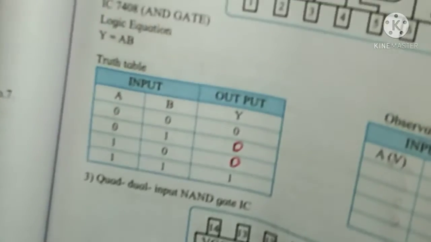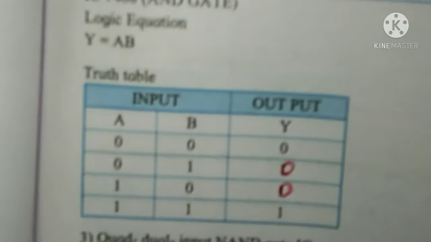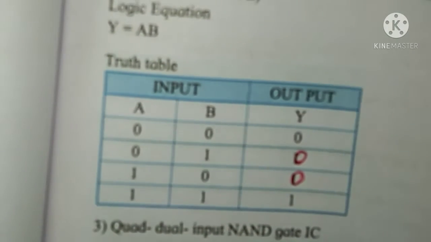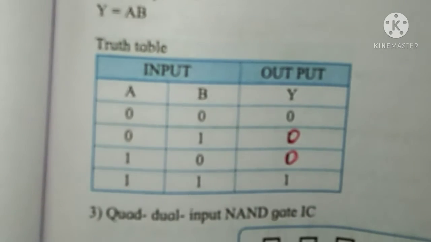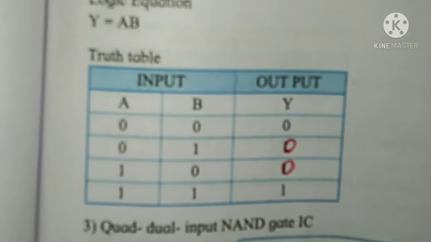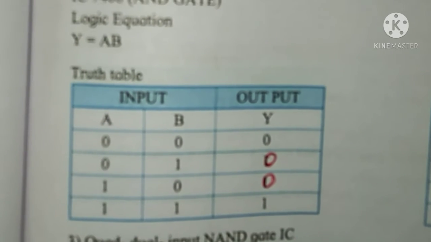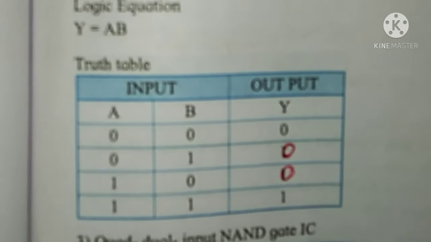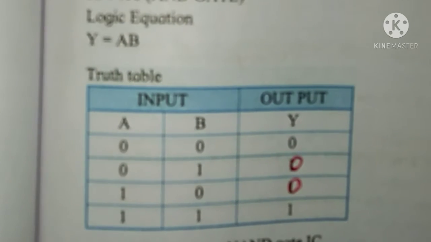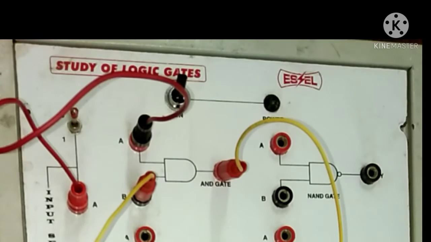See here. So this will be the AND gate. See here, Y is equal to simply A into B. For this truth table, we get two inputs, A and B, and one output. Right? Here we want to put both inputs at 0 0, that is low. 0 means low and 1 means high.